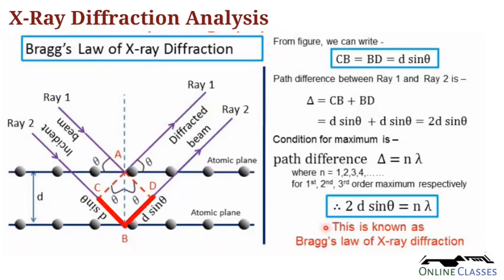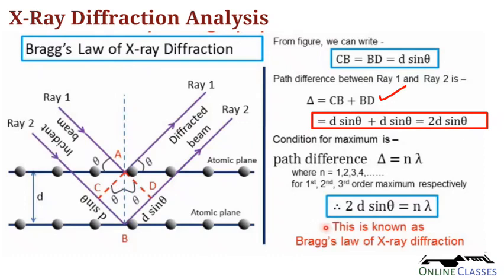That is, when you compare these rays, ray 2 is traveling an additional distance of CB plus BD. Then this incident angle is theta, and this is the normal line. So this angle will also become theta. Similarly, this angle will also become theta. So we can write CB is equal to BD is equal to d sin theta. So the path difference is CB plus BD, which is equal to d sin theta plus d sin theta,